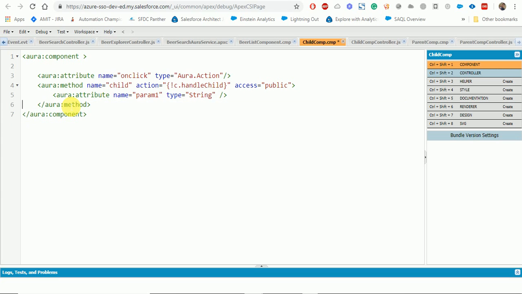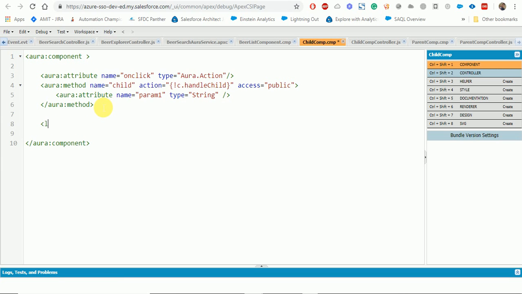And then we will create a new button, because on the click of the button we want to call the parent component method. So we will just create a button with the label "pass the action", and the value will always be the same, pass the action.